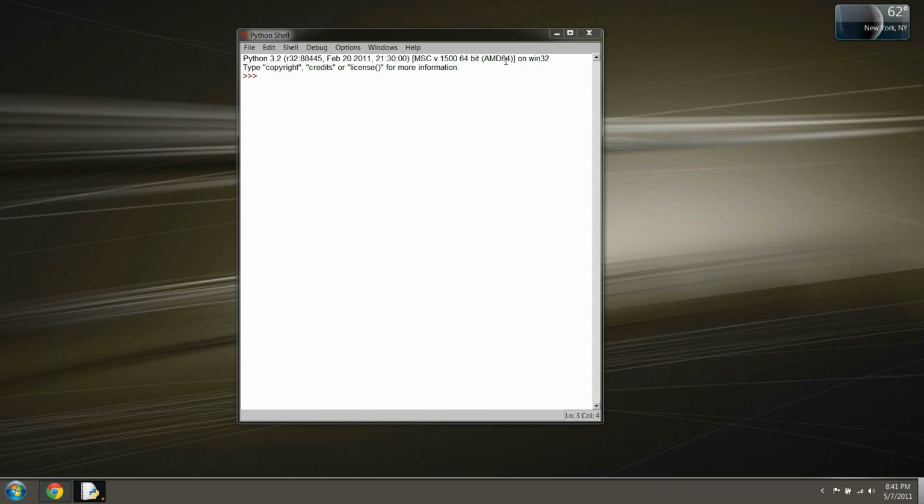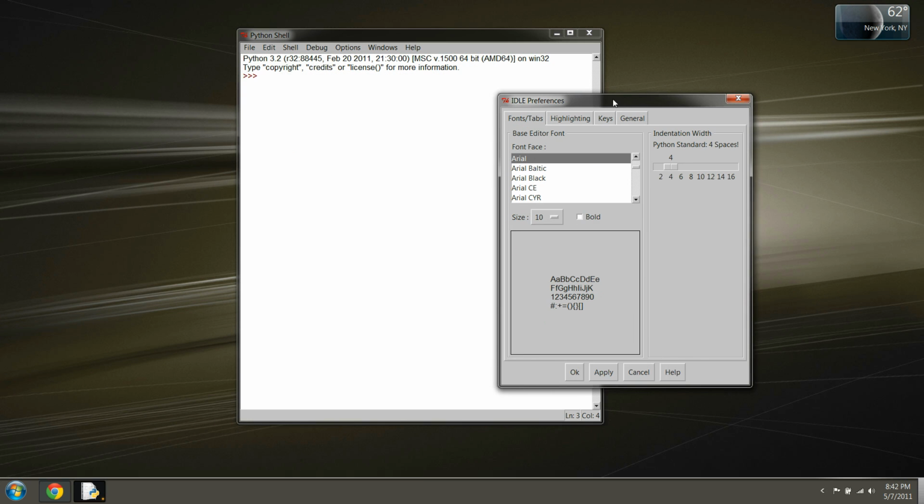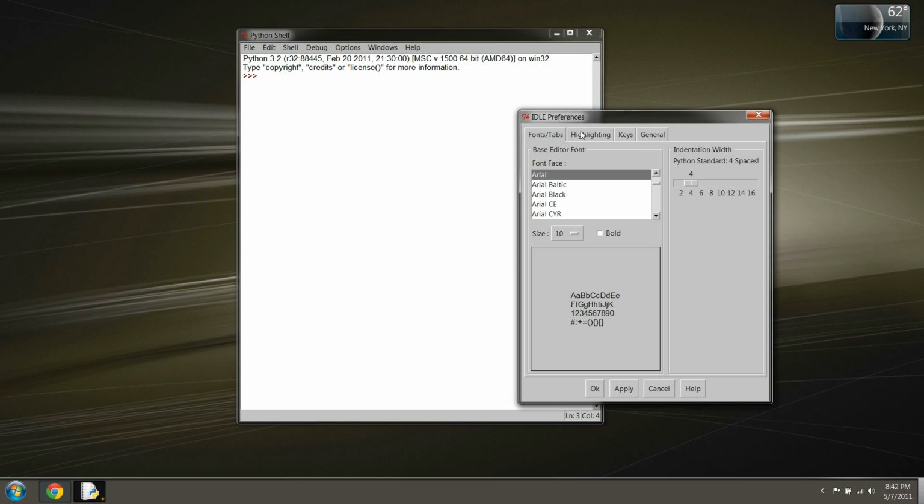But anyhow, it's about navigating the system. So why don't we take a look at some of the options we have at the top of the window here. And we'll start with Options. This Options pull-down menu and Configure IDLE. So under here, we can configure how we want IDLE to look. So if you have a preference on maybe a font, for example,